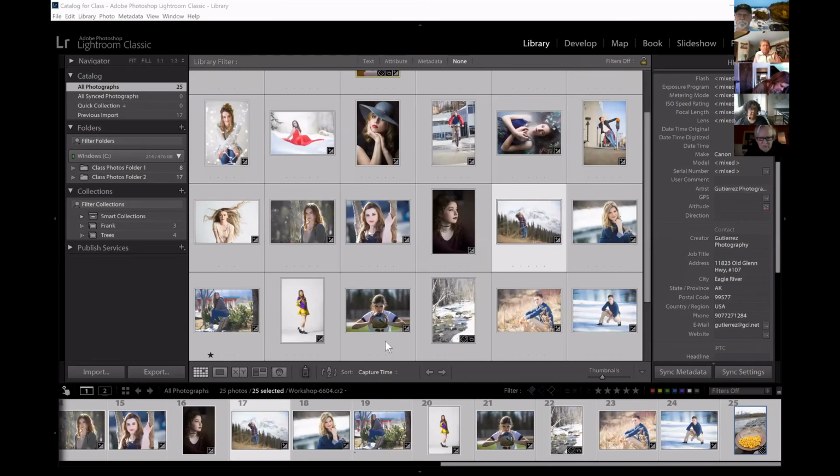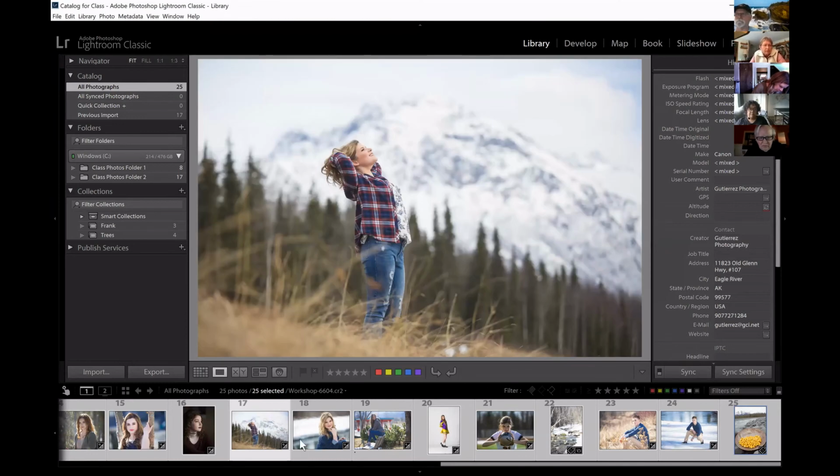Okay, so I'm just going to pick one photo to be shown, and I'll pick